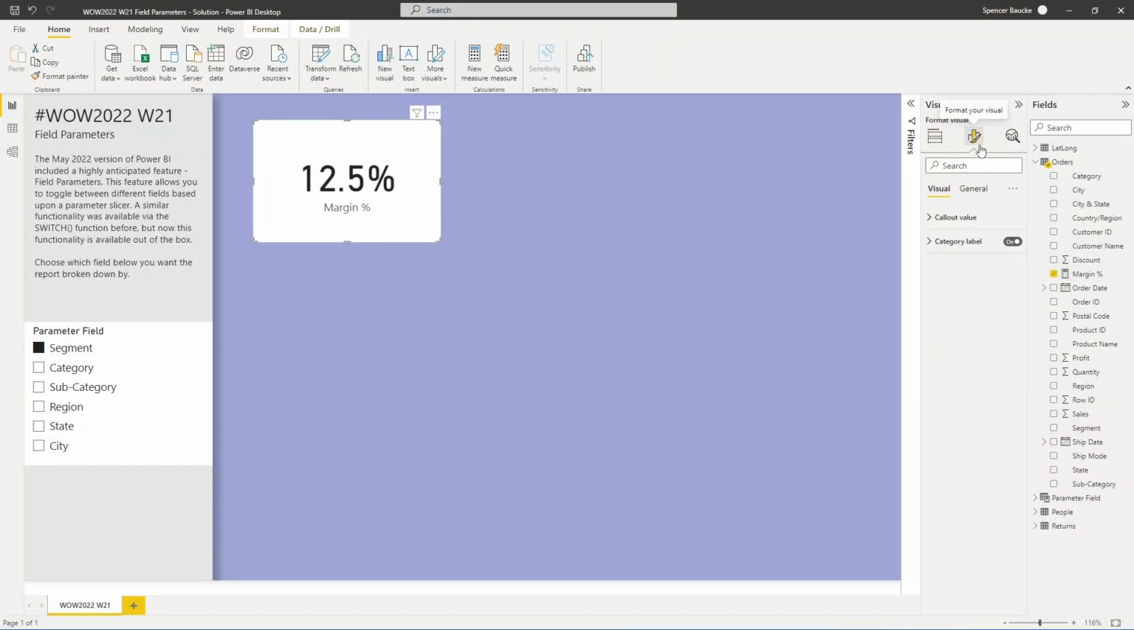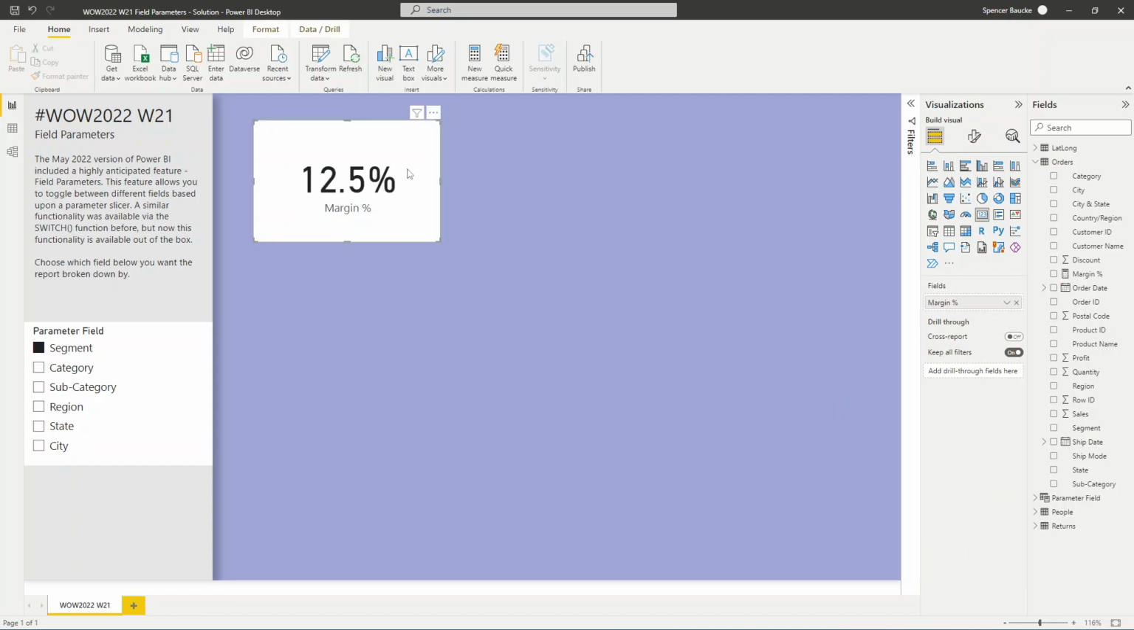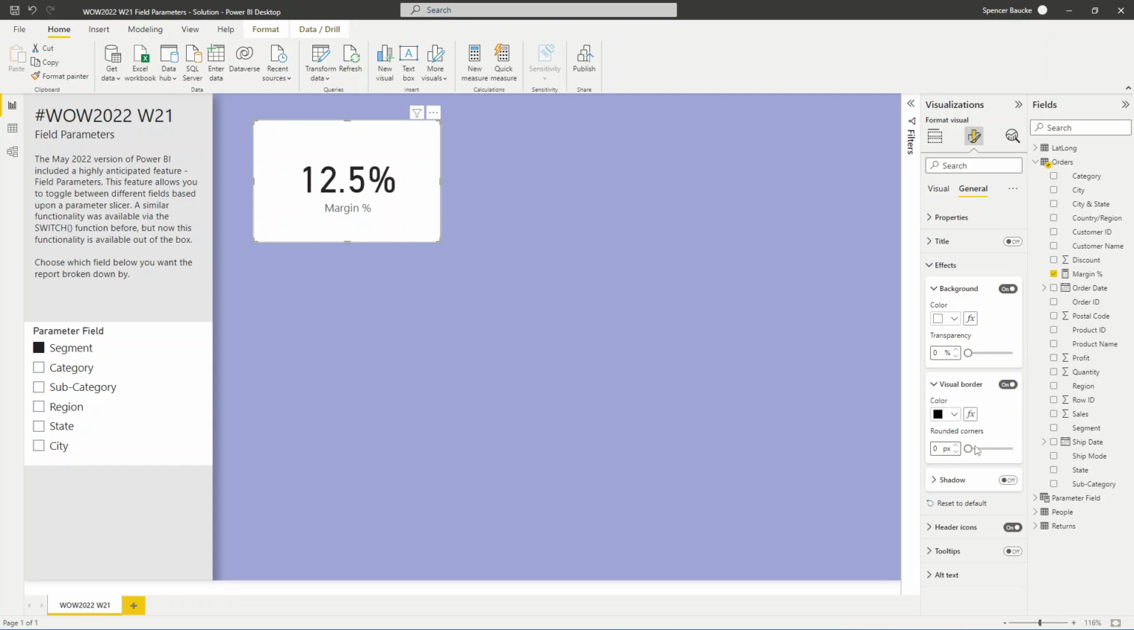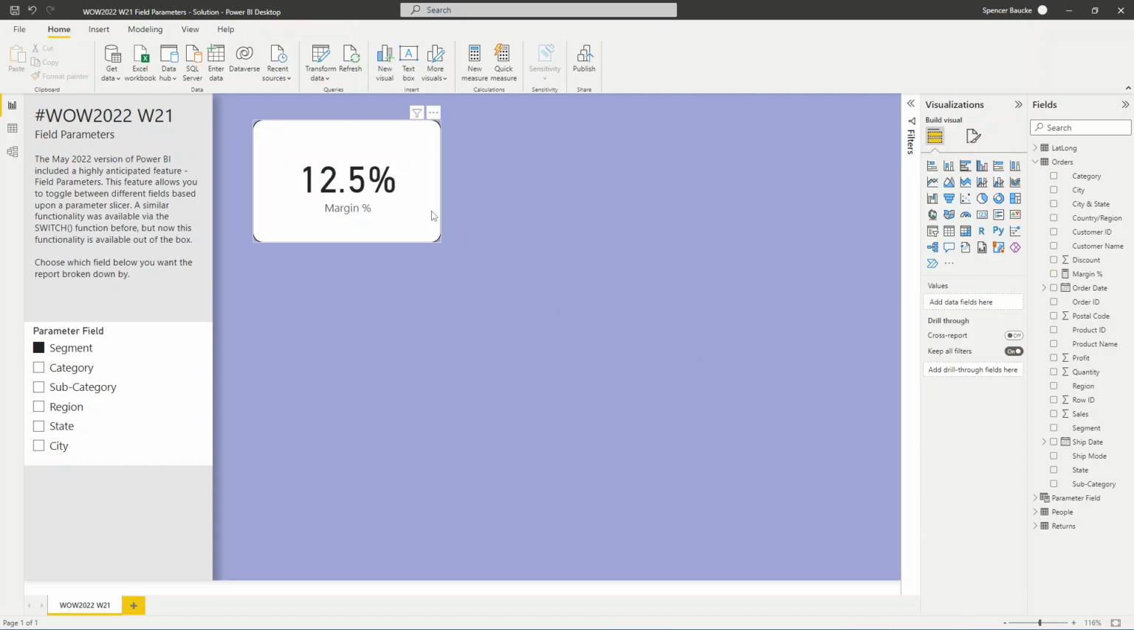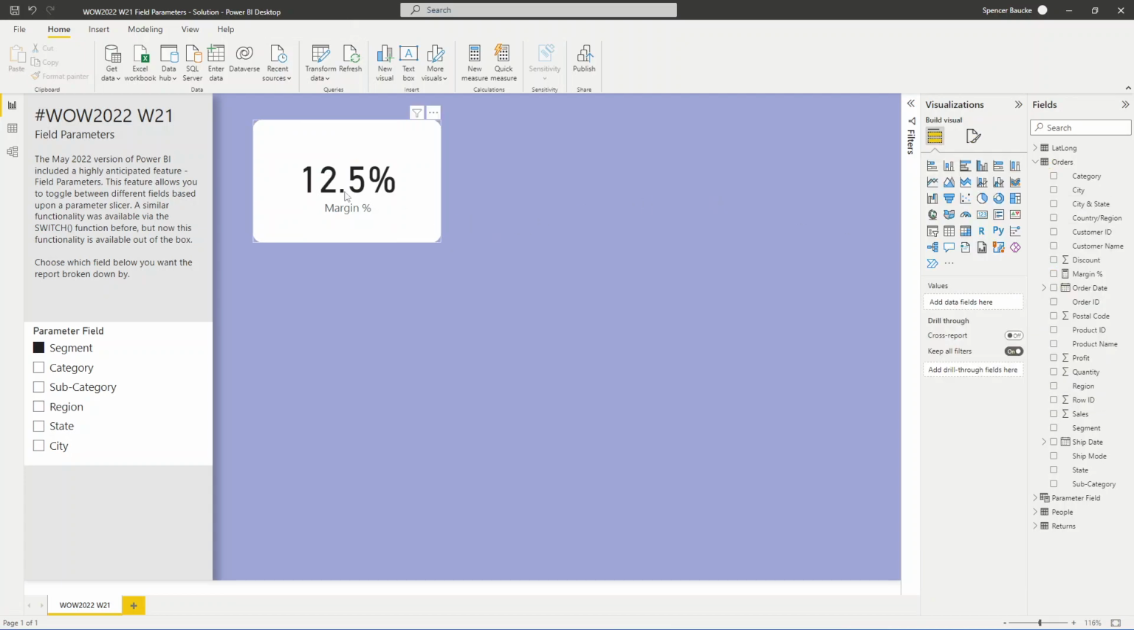I'm going to bring that. And I am going to do a little bit of formatting because I want to show some rounded corners. So I'm going to go to general effects, visual border. I turned it on because I do want some little rounded corners, although I don't want that actual color on that side. So I can go to visual border, color, and manage the internal. So there you go. So now I got that